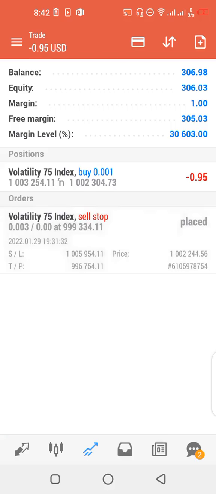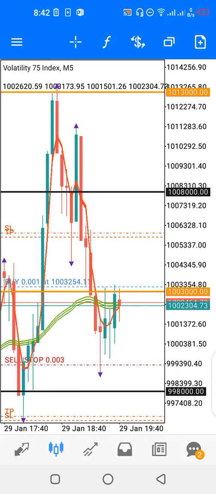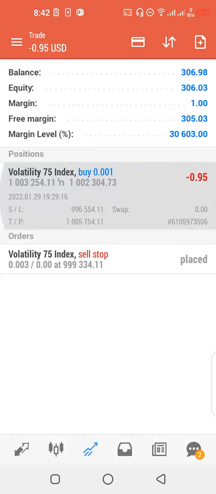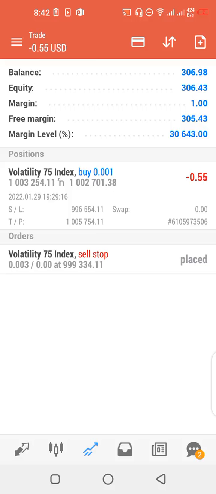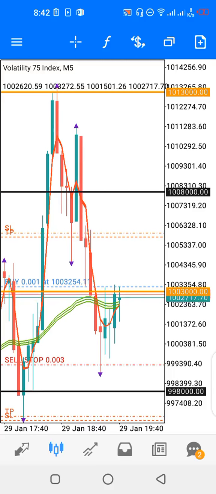Let's wait for it. I already made 2.68, so I can as well decide to close this particular trade. 2.68 minus 0.64 or 0.55. I mean, I made some profit if you look at it,